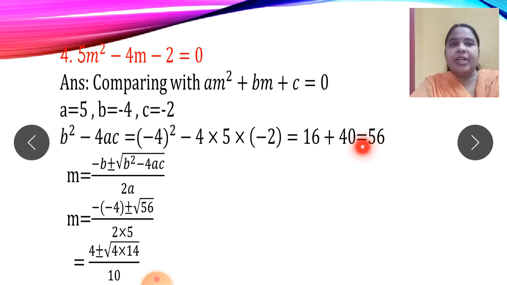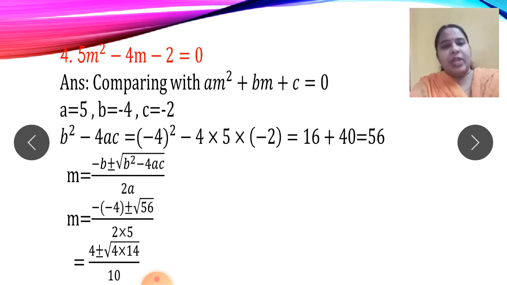Then what is to be done? Another step where students make mistakes. You have the habit of writing x is equal to minus b plus or minus root of b square minus 4ac upon 2a with the formula. But this will go wrong here. Why? Because the variable asked in the question is m. So you have to write m here. If it was y or any other variable, you have to write that variable because that is what we are solving for. Okay. So write m here. Do not write x. Correct?